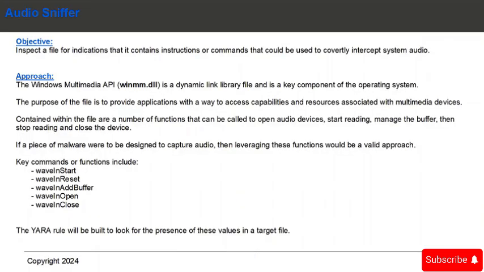A capability of some unwanted malware is the ability to capture audio. Sometimes this is referred to as the ability to perform audio sniffing. The Windows Multimedia API, winmm.dll, win for multimedia.dll. This is a dynamic linking library that is a key component of the operating system. And the purpose for this file is to provide applications a way to interact with the capabilities and the resources